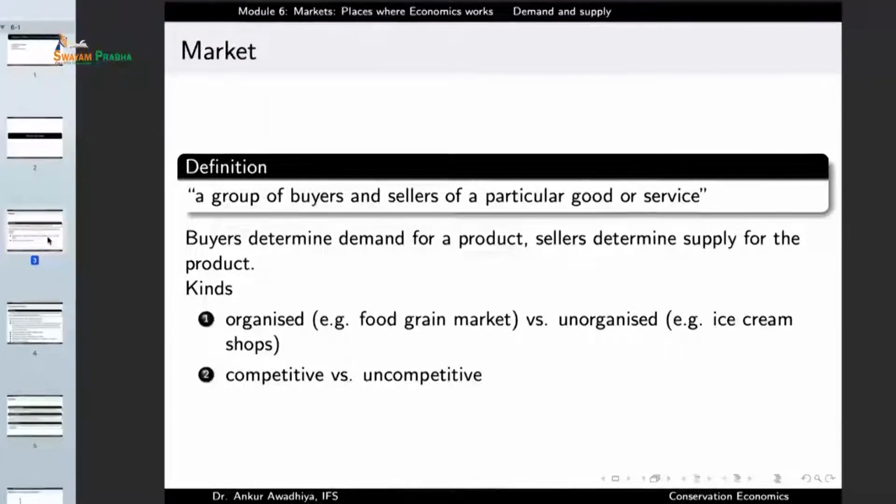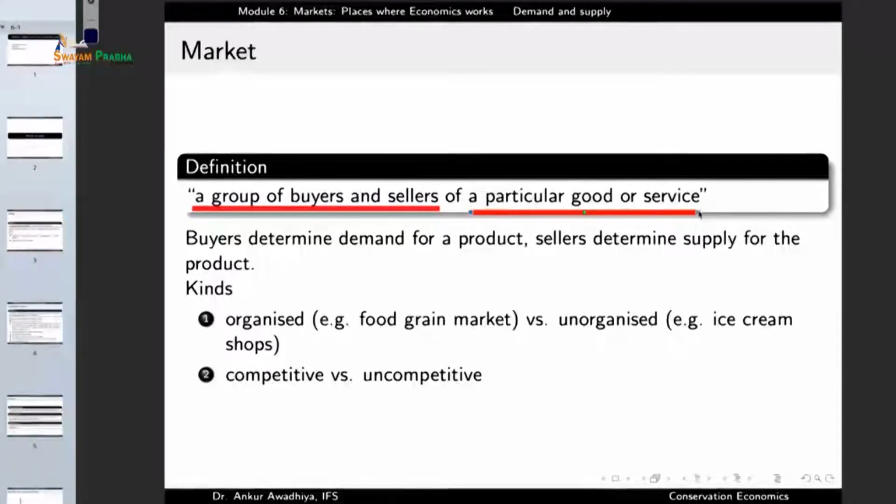A market is defined as a group of buyers and sellers of a particular good or service. It is not just a single buyer and a single seller, it is a group of buyers and sellers. You cannot have a market with only buyers, or a market with only sellers. It has to be a group of buyers together with the sellers of a particular good